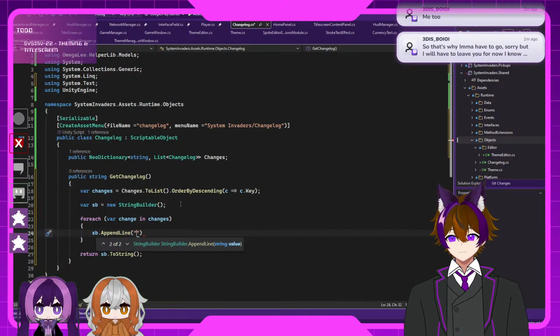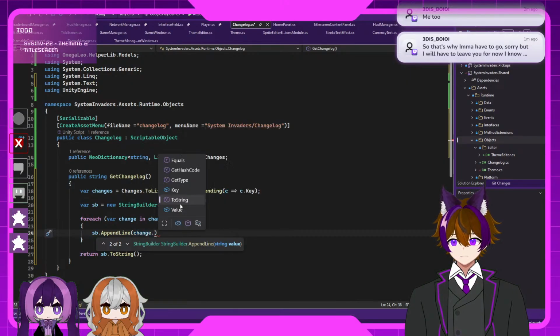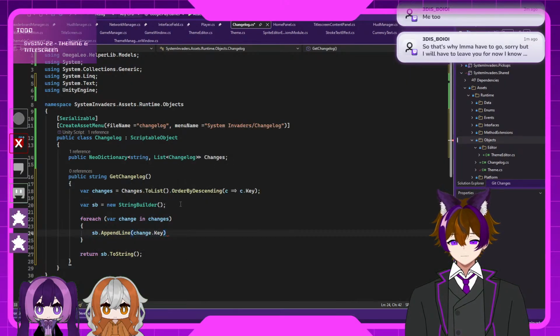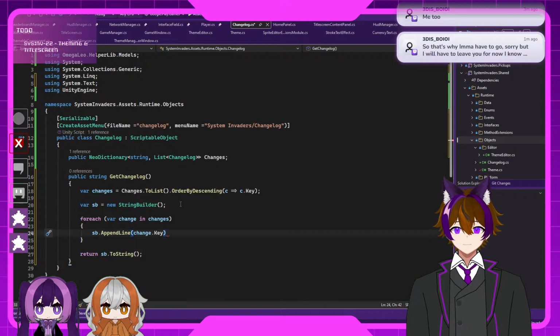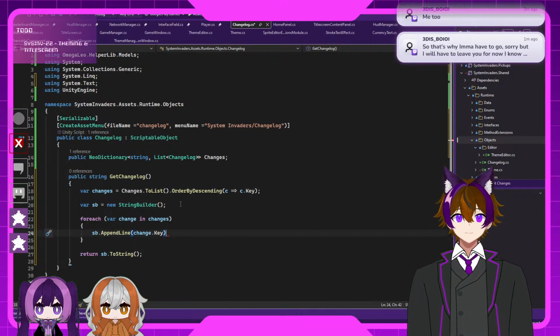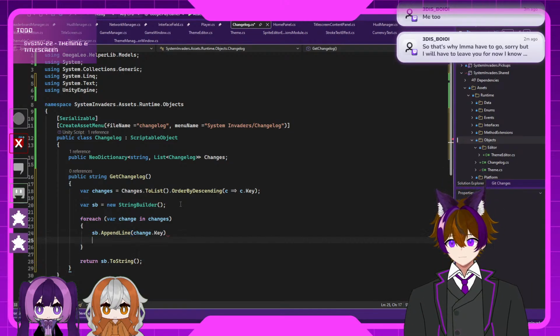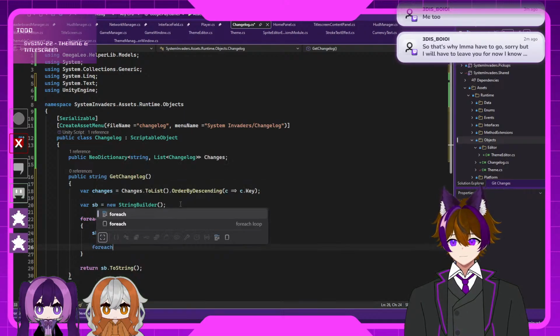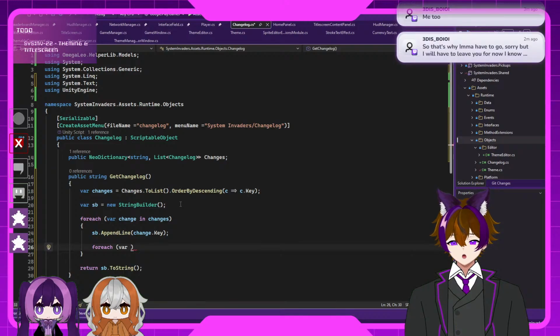Let's just say in here to include change.key. Alright. And foreach var item in change.value,